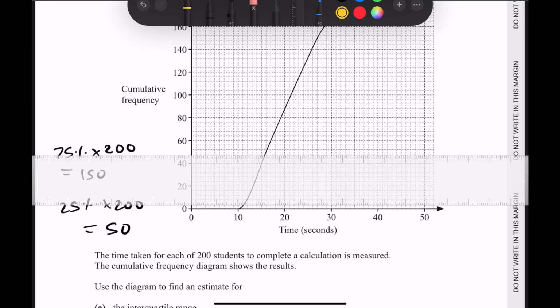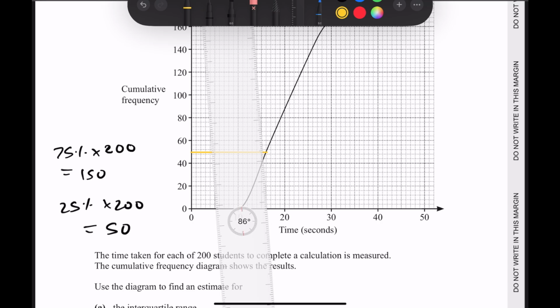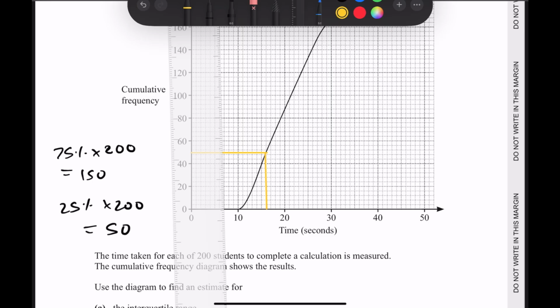Since 50 students would have taken either that much time or less, which means that the range of students, one second, let me first draw the line before I explain further. There we go. This means that if the point meets over here at 16, when t is equal to 16,